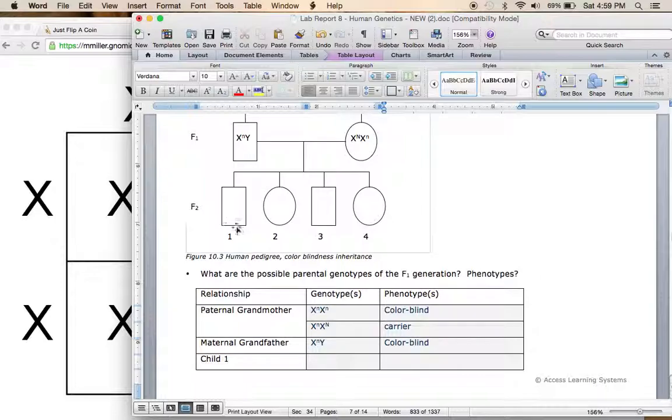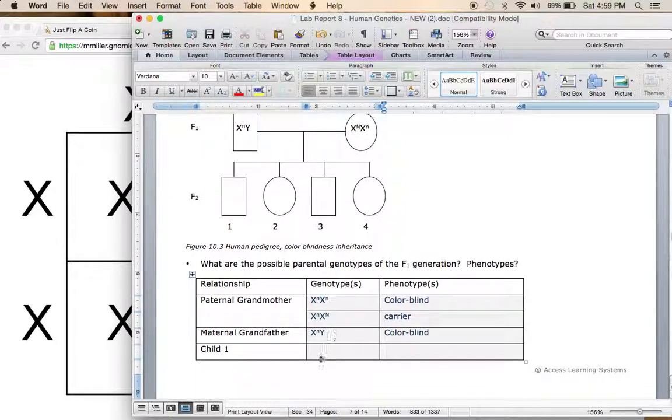So child 1, we know child 1 is a male, which means that he got an X from his mom and a Y from his dad. So the Y is normal because that has nothing to do with color blindness, but he could have gotten either of these 2 X's. So let's start with the first X. Let's give him the normal X. So if we do child 1 as having a normal X and a Y, so we got the normal X from his mom and the normal Y from his dad,